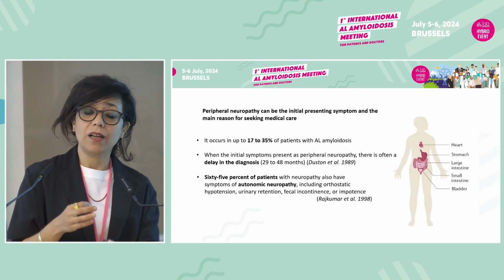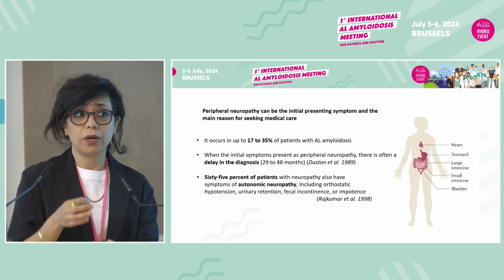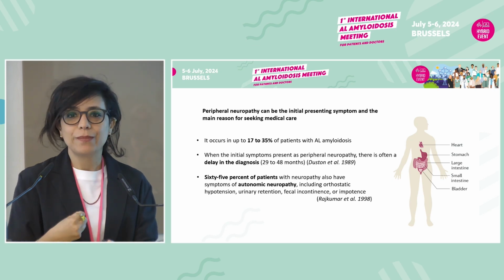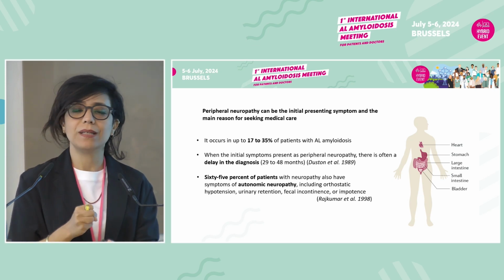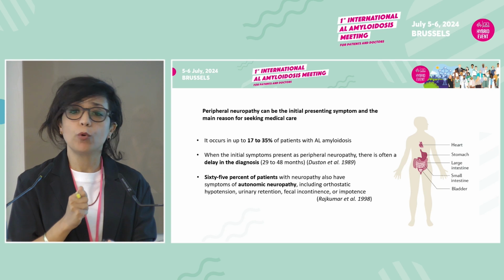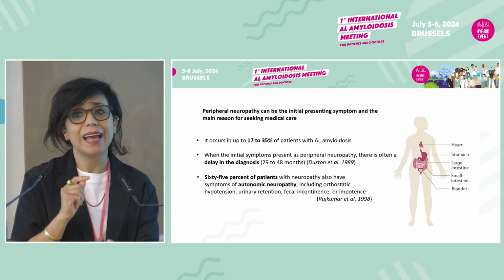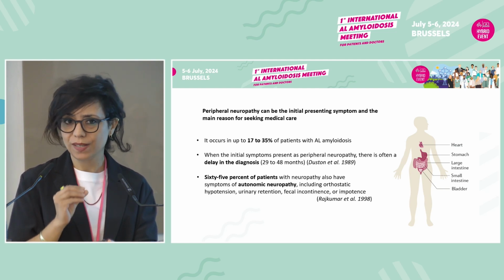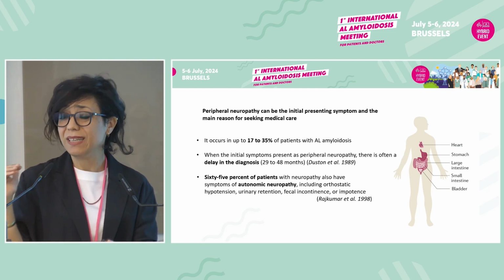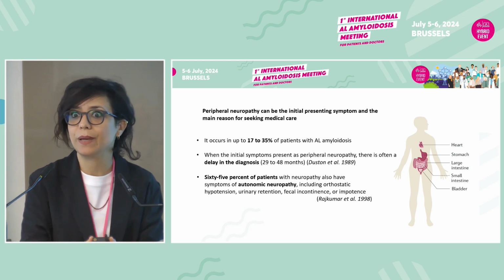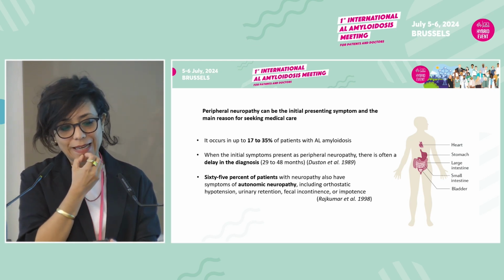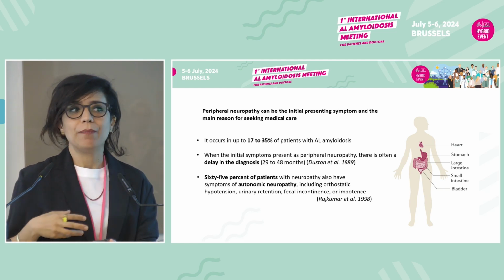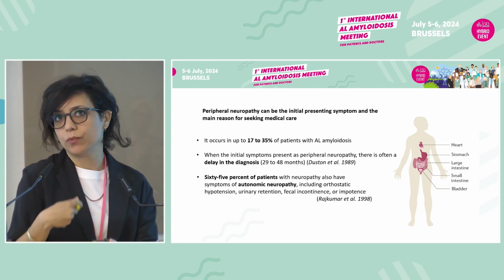So the peripheral neuropathy can be the entry door for AL amyloidosis. Of course, as a neurologist, I have a big responsibility, because I have to catch these patients, and the problem is that if polyneuropathy is the entry door, the delay in the diagnosis is bigger, so we lose a lot of time. We can lose up to 48 months before treating this patient. So we have to be careful and interview the patient, because a patient will not forcefully, in a spontaneous way,